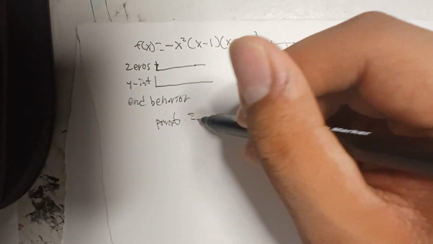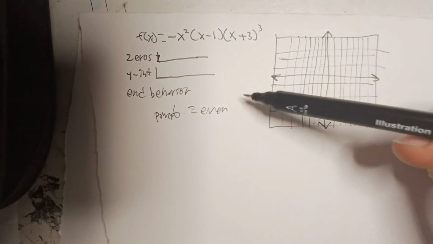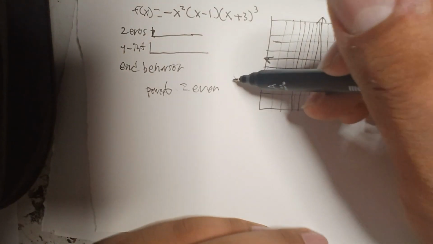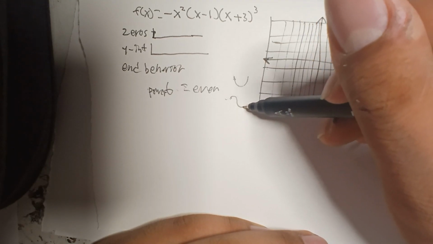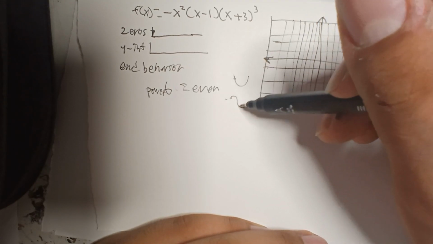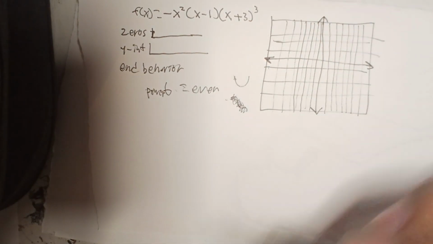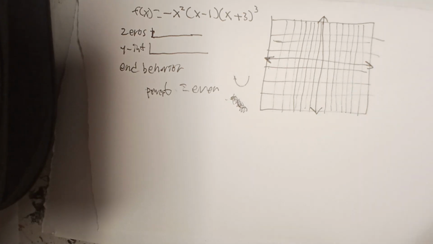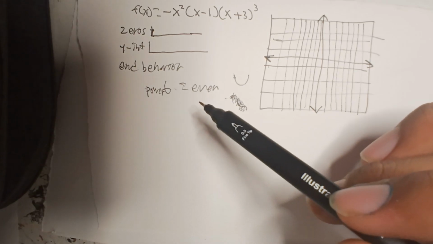Power of 6, which is even. Even means that it's like this, and odd would mean it's like that. We're not doing an odd here. Since 6 is positive,